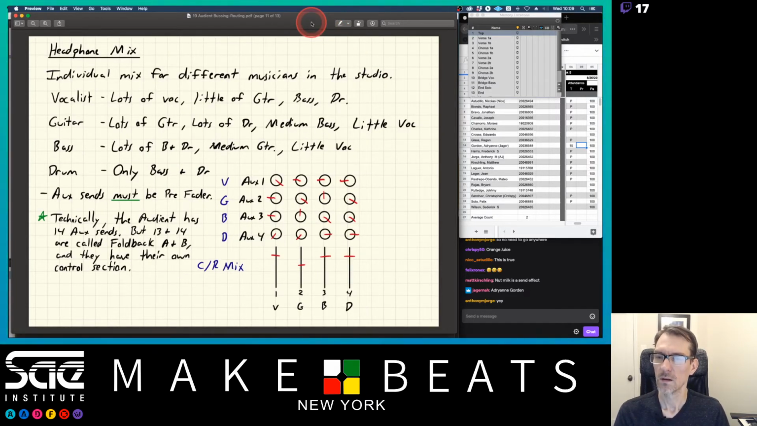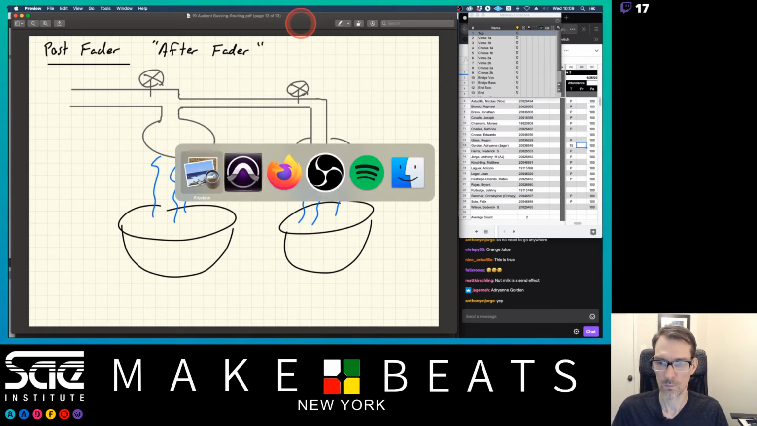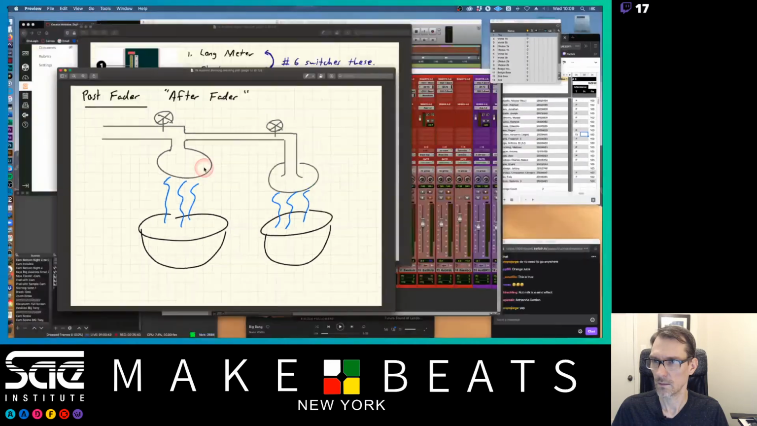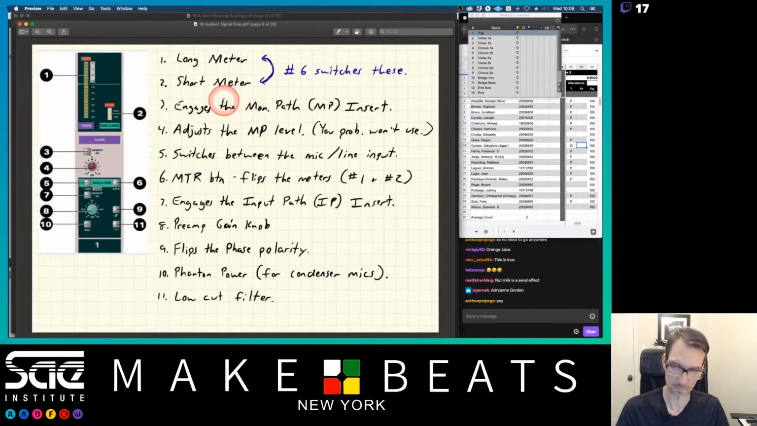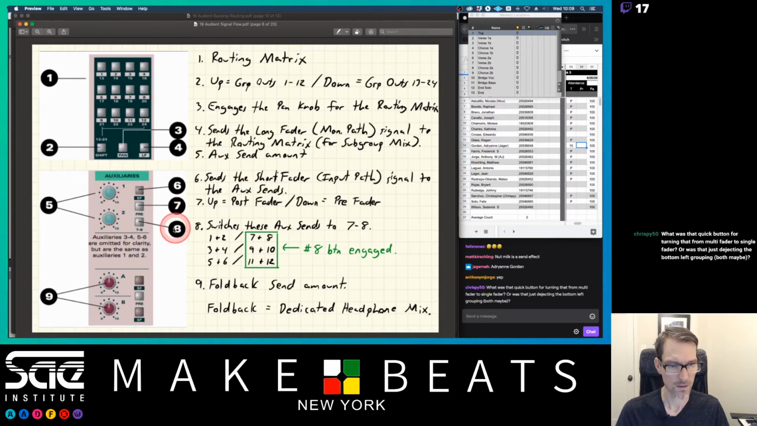Okay, now let's just go over here real quick and talk about the pre-fader, post-fader situation that's going on with our aux sends. And what I'm really referring to here is here. Remember, on each aux part here,